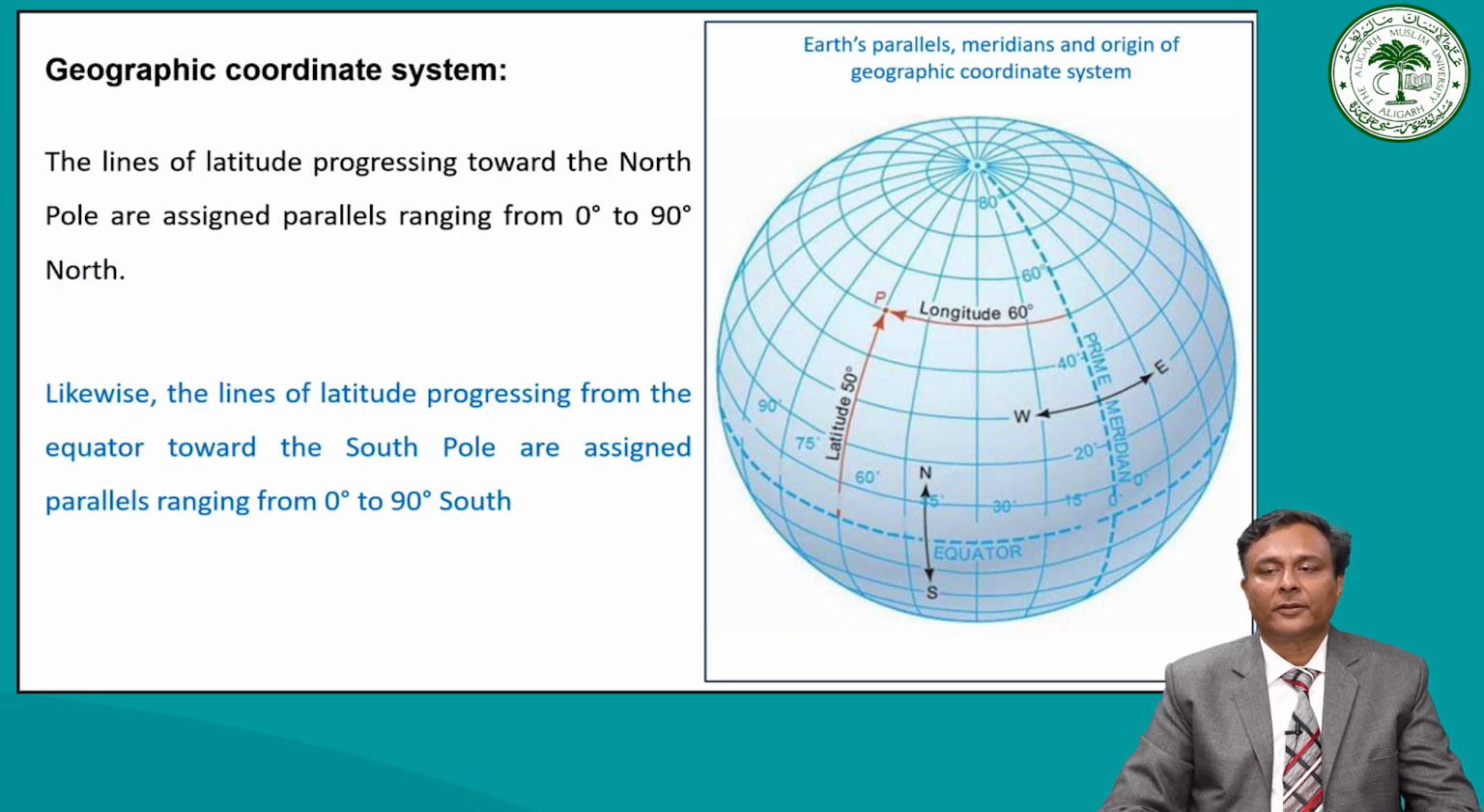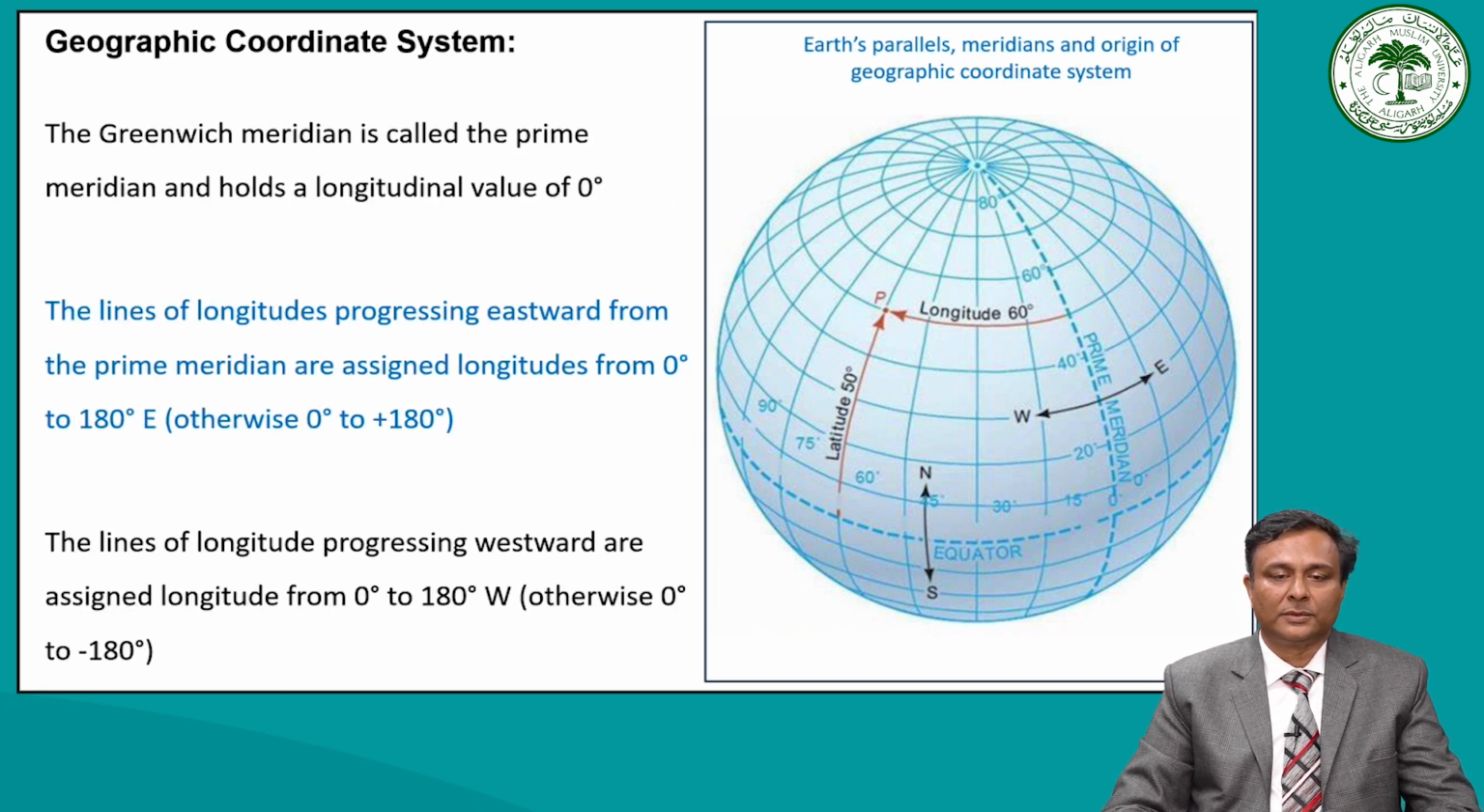The diagram of the geographic coordinate system showing latitudes and longitudes clearly points out that the lines of latitude progressing towards the North Pole are assigned parallels ranging from 0 to 90 degrees north. Likewise, the lines of latitude progressing from the equator towards the South Pole are assigned parallels ranging from 0 degree to 90 degrees south. The same way with the north-south line grids, with 0 degree passing through Greenwich in London,